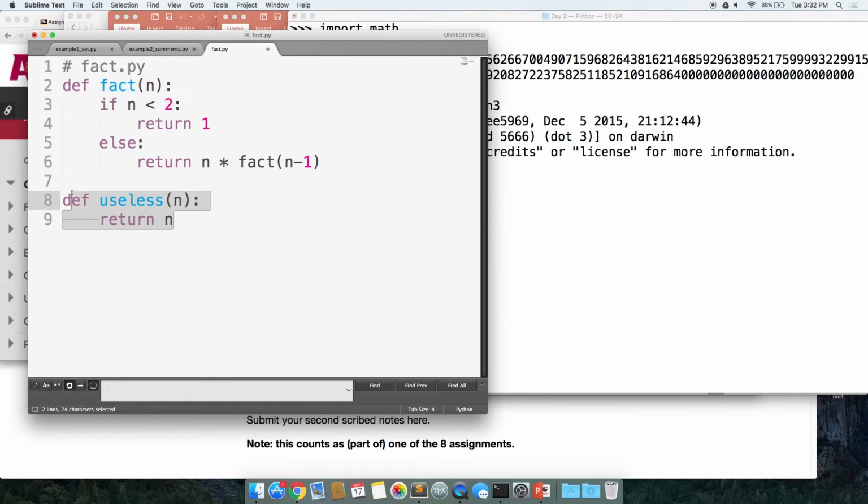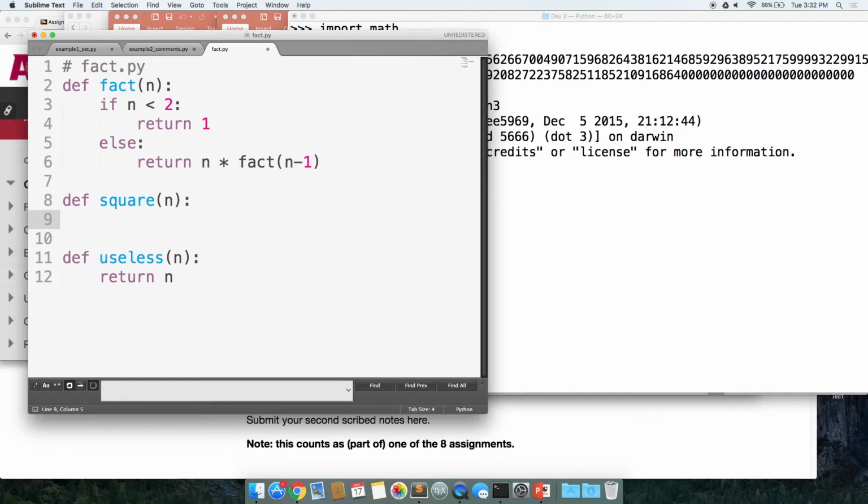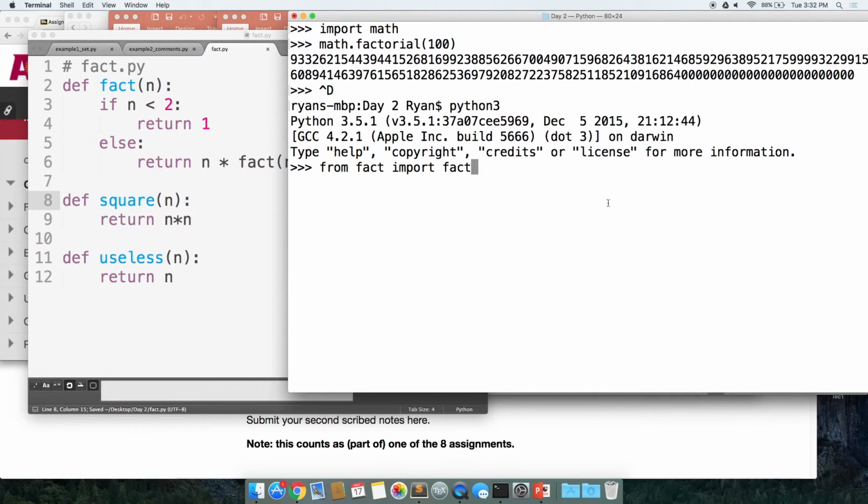And maybe we have some other function, square of n, which returns the square of a number. So return n times n. So maybe I want to import not only the factorial function, but I also want to import the square function. I wouldn't want to type from fact import square separately. One thing we can do is import fact, comma, square. So by doing a comma-separated list, we can import multiple functions and not everything else in the module. So obviously we can do fact.fact of 100, but